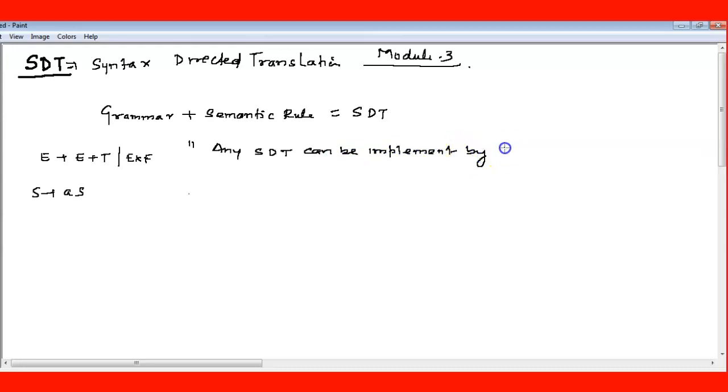Any SDT can be implemented by first building a parse tree. Parse tree means tree only, right?